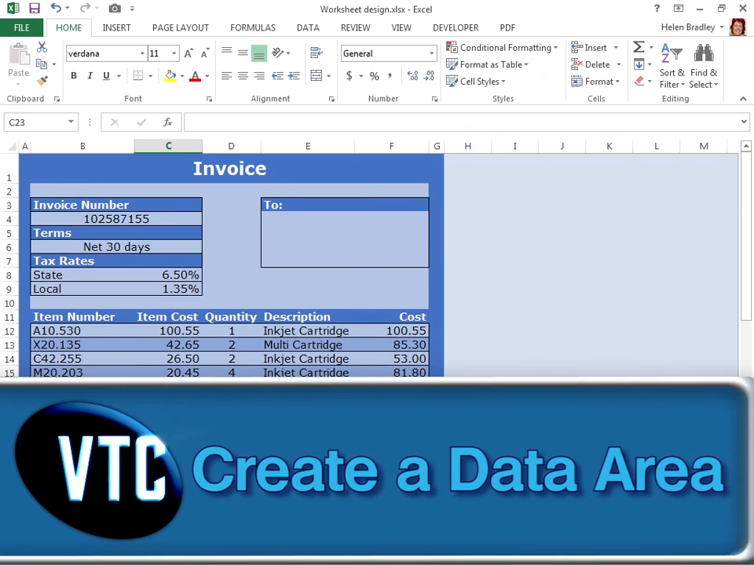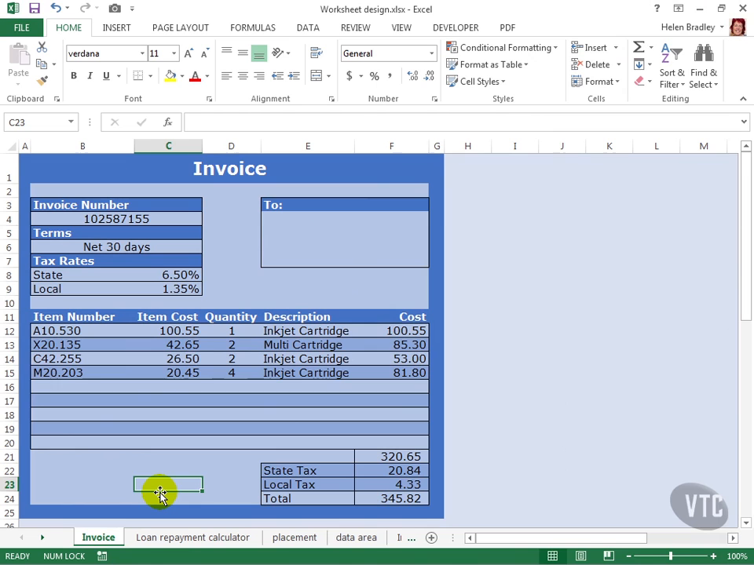One feature to consider when designing a worksheet with known values such as tax rates, interest rates, and the like is to extract these and place them in a separate area on the worksheet. Here, our invoice worksheet shows very clearly the local and state taxes. They're in this separate data area and they're at the top of the worksheet where they're easy to find and